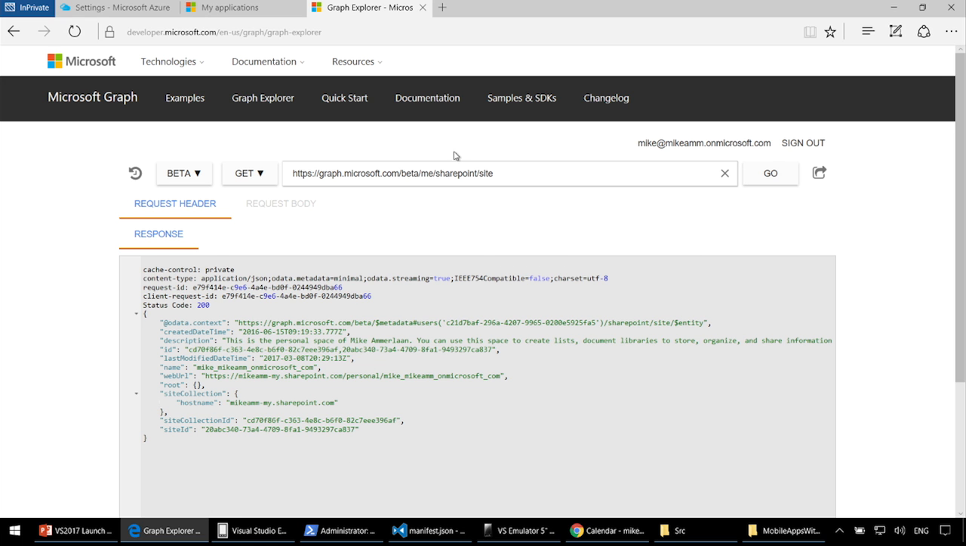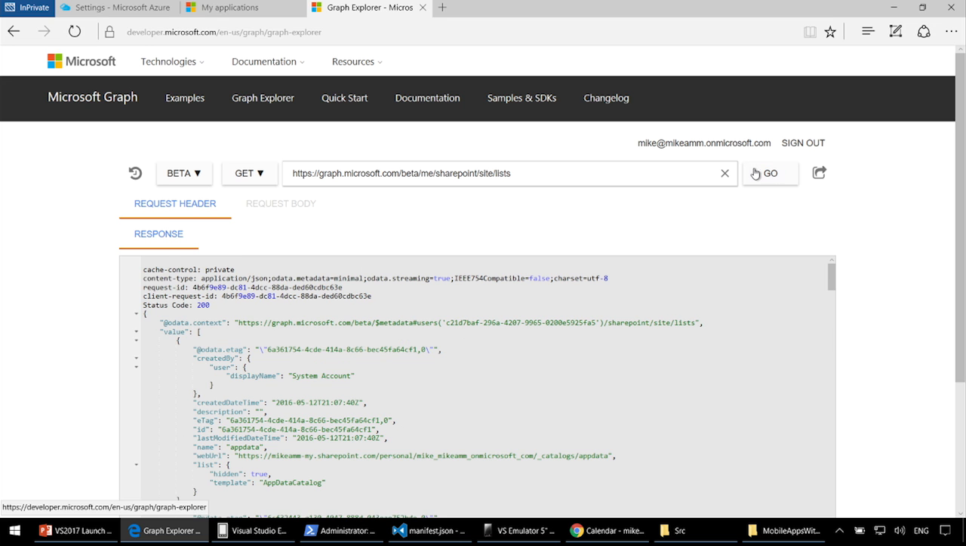Okay, so this is my SharePoint site, and again, I can work with things like SharePoint lists by just enumerating the lists, and so on and so forth. This works for calendar and for mail and for events and all those kinds of things. Let's go back to 1.0 and let me show you. Let me go back to me. And again, this is going to return my profile information,